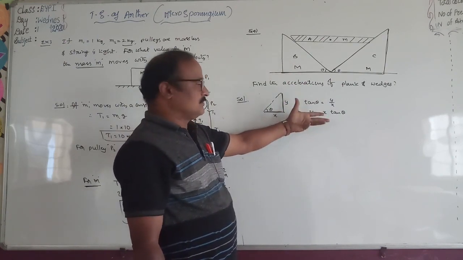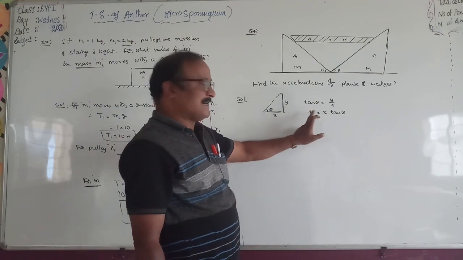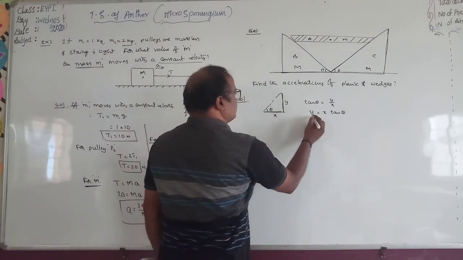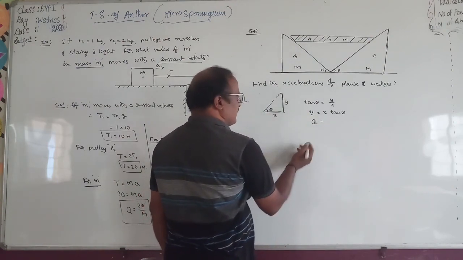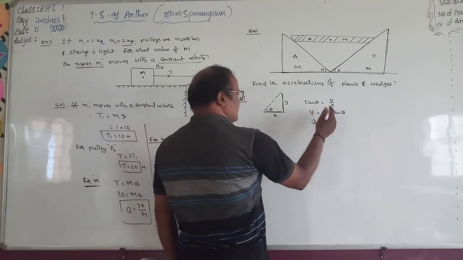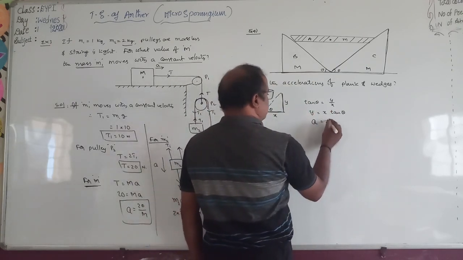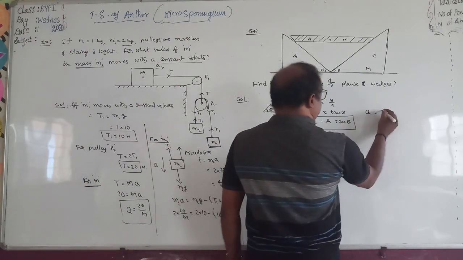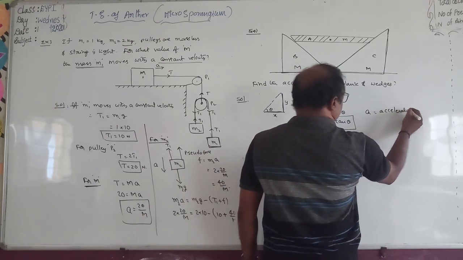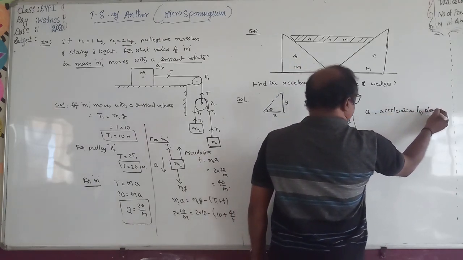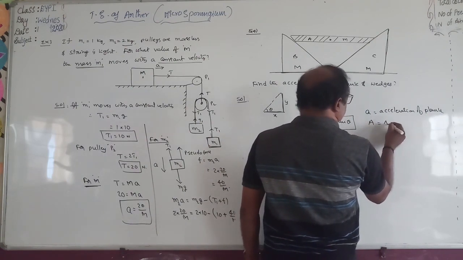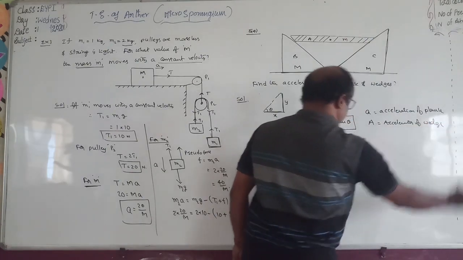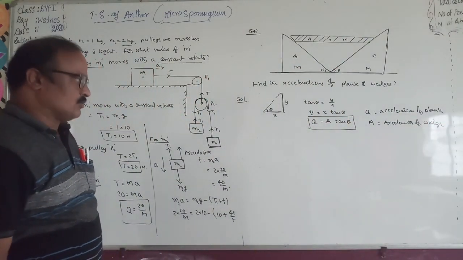On the double derivative, taking the derivative twice, displacement becomes acceleration. Suppose y is the displacement of the plank, then the double derivative is its acceleration, small a. Displacement of the wedge is x, and it can be differentiated twice with respect to time. It becomes capital A into tan theta, where small a is the acceleration of the plank and capital A is the acceleration of the wedge. So small a is equal to A into tan theta.